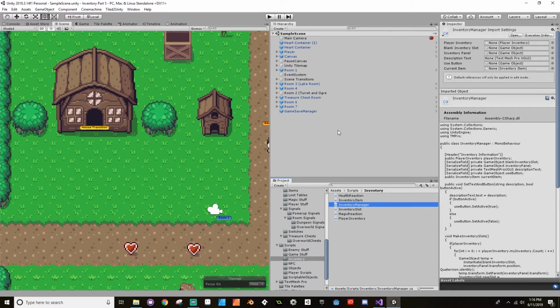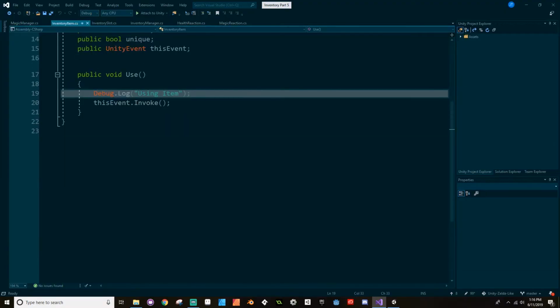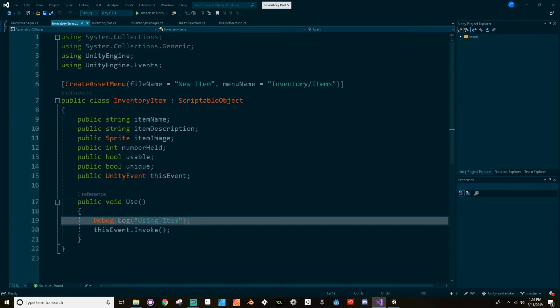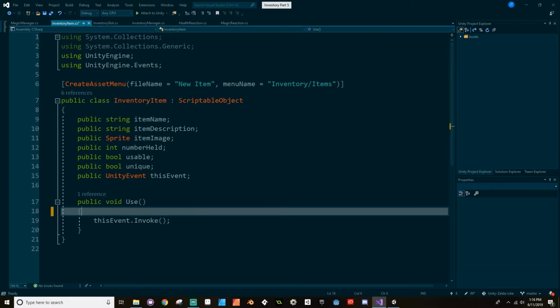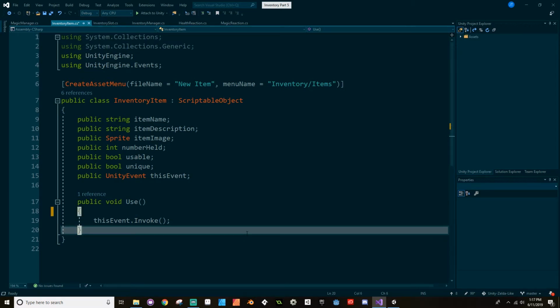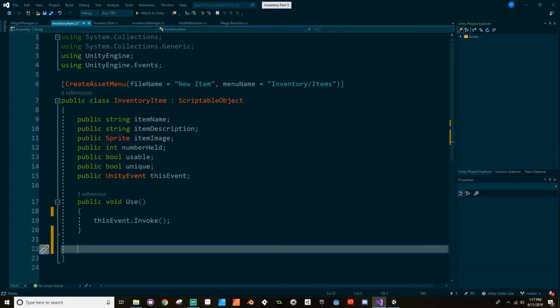So first thing we're going to do is go into the inventory item script. I'm going to open that up here in Visual Studio, and I just happen to have it open already. And I'll get rid of this Debug.Log because we don't need this anymore. And what I want to do is create another event here, and I'm going to call this decrease amount, because we don't want to decrease the amount on everything. So this is going to be a public void